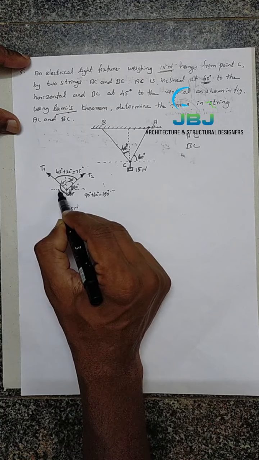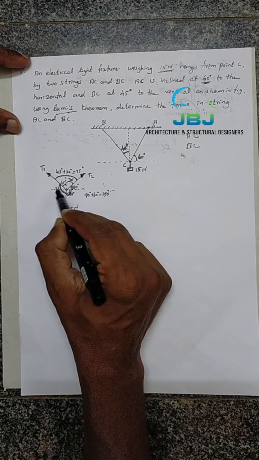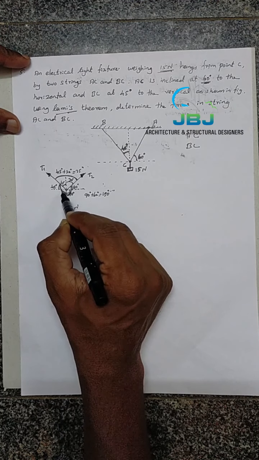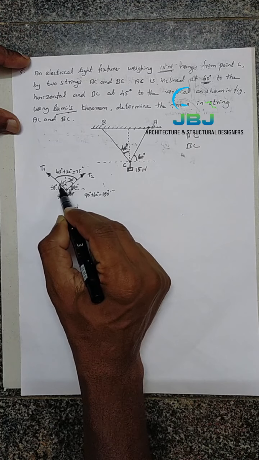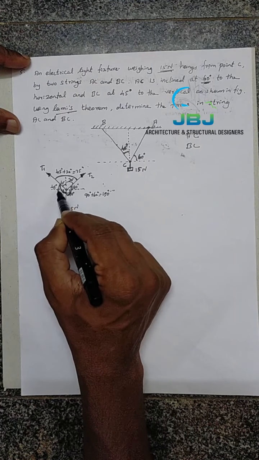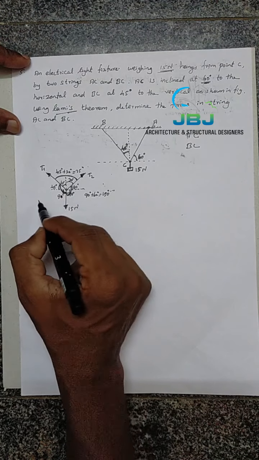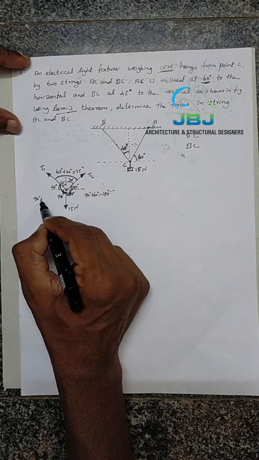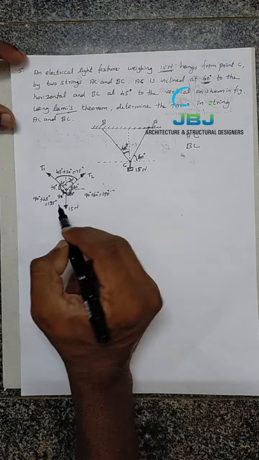Here, come to the point. This is the 45 degrees. Again, the remaining angle is also 45 degrees. This angle is 90 degrees. Clear? This is 45. The remaining portion of this quadrant is 45 degrees. This whole quadrant is 90 degrees. So 90 degrees plus 45 degrees equals 135 degrees.